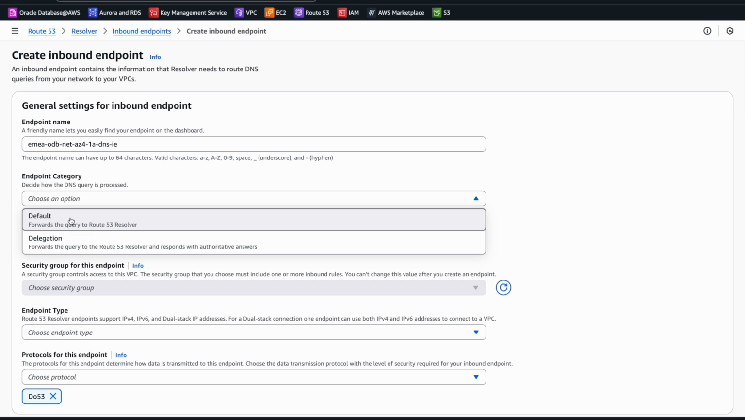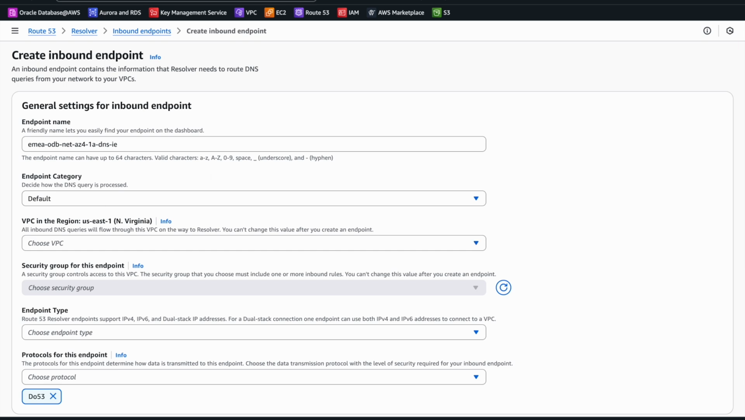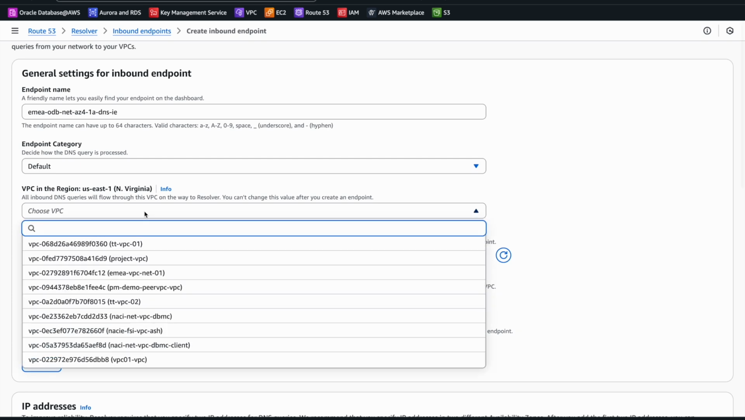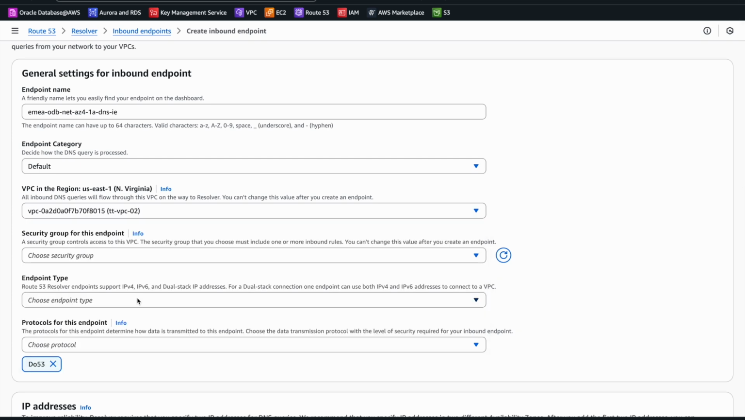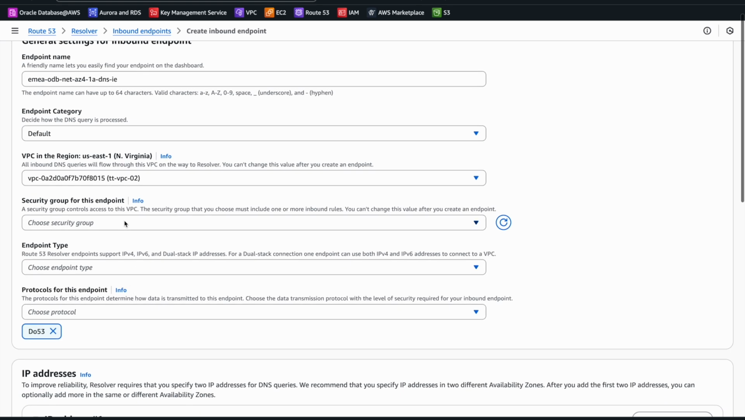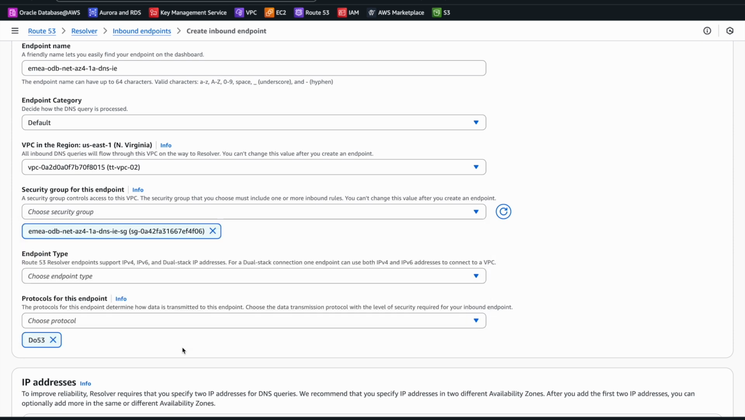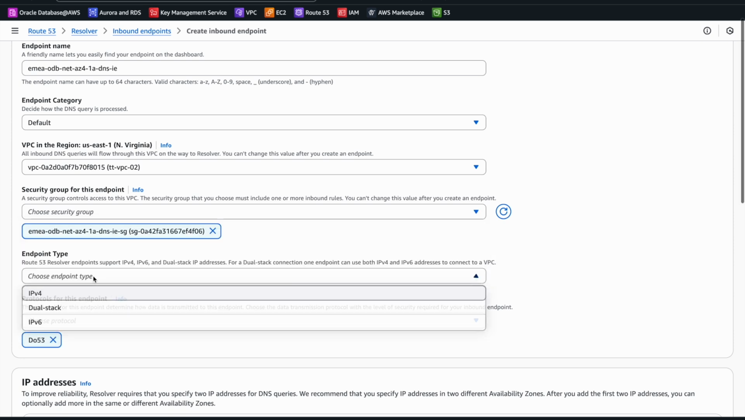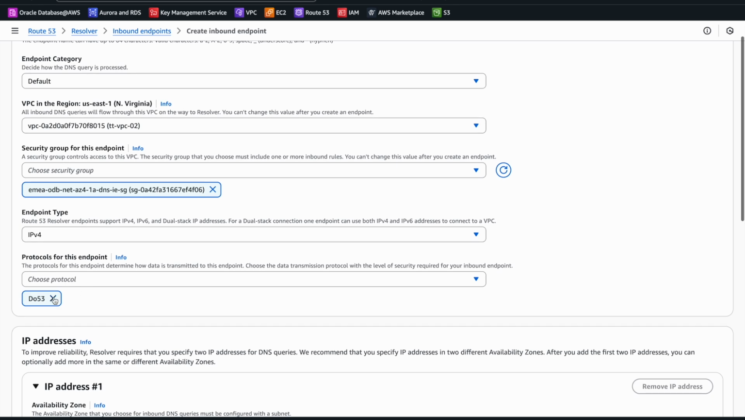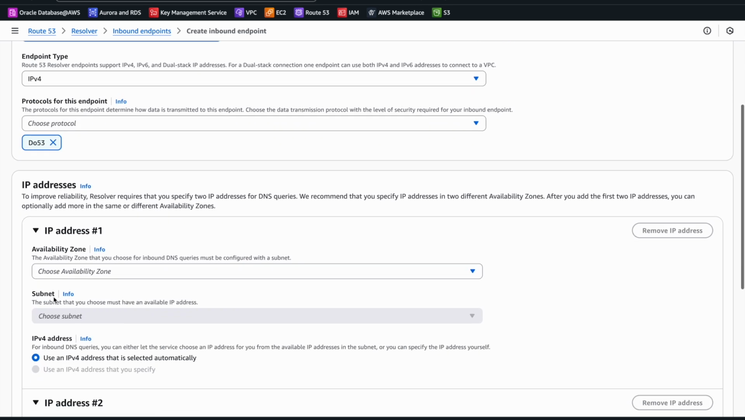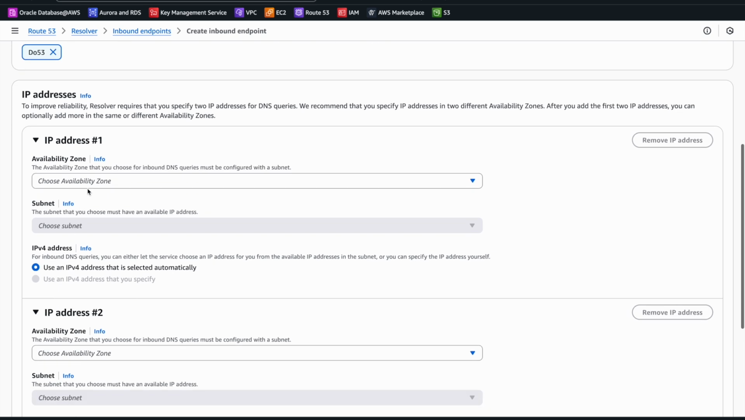I select the VPC that will be used to configure the inbound endpoint addresses. In this case, the same VPC peer to the ODB network. The security group that I have just created allows the inbound traffic from the ODB network client subnet on port 53, the endpoint type IP version 4, and the default protocol DO53. And then I need to specify at least two subnets